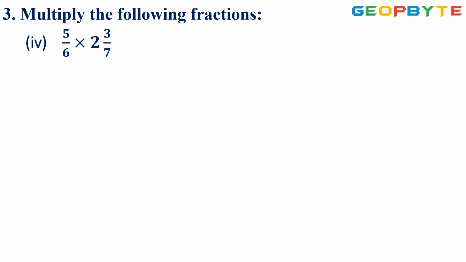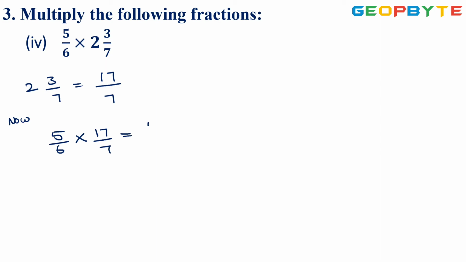Next, fourth question. 5 by 6 into 2 3 by 7. So here the given question consists of a mixed fraction. So we need to convert the mixed fraction into improper fraction. That is 2 3 by 7 is equal to 7 2s are 14 plus 3, 17 by 7. Now 5 by 6 into 17 by 7, which is equal to,